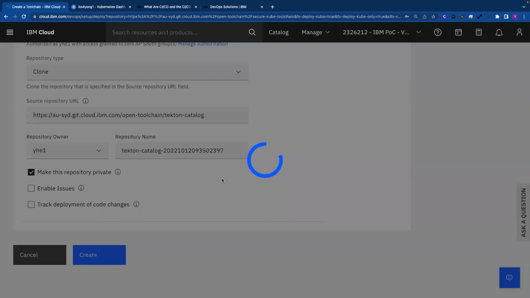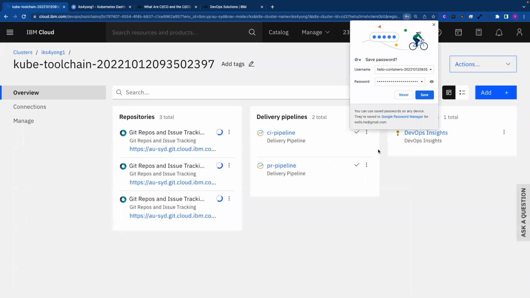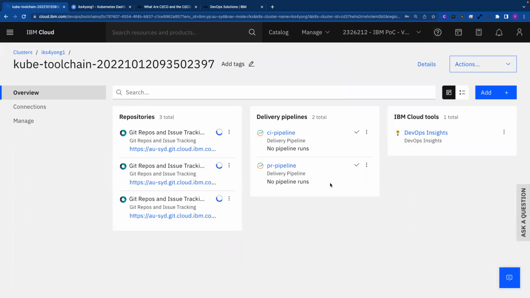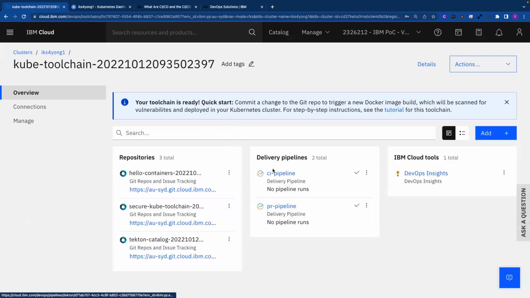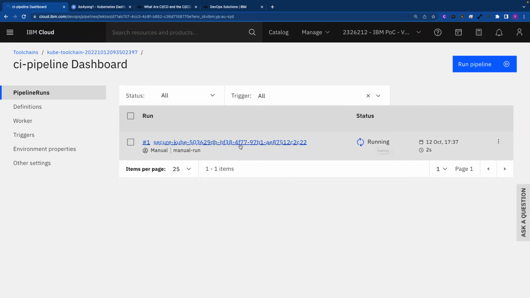So after I click create, shortly, the pipeline will be created, which automatically triggers the run process. So right now you can see my GitHub repo delivery pipeline. It was here, the latest one. That's the one I just created here. So I'm going to click CI pipeline here. And from here, you can see my pipeline is actually already running. If I click the details here, click the link,